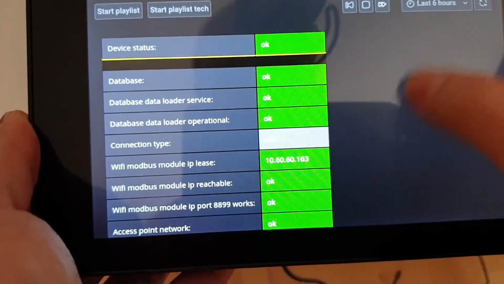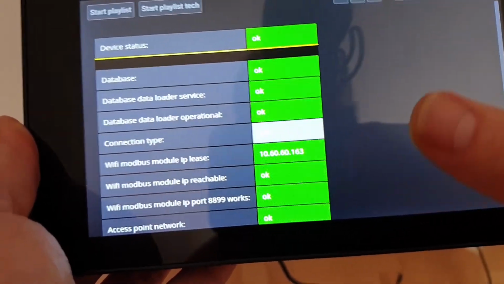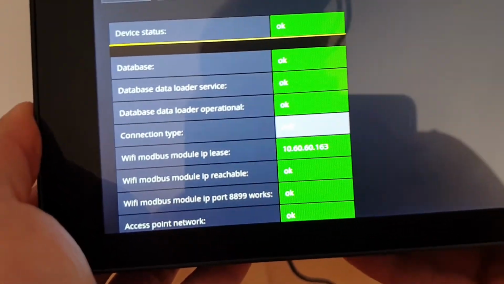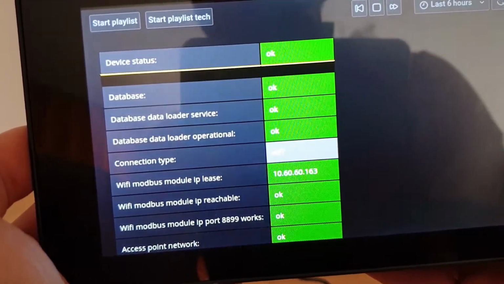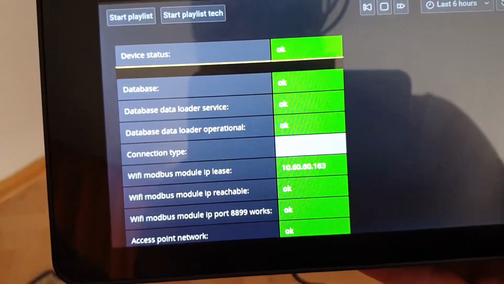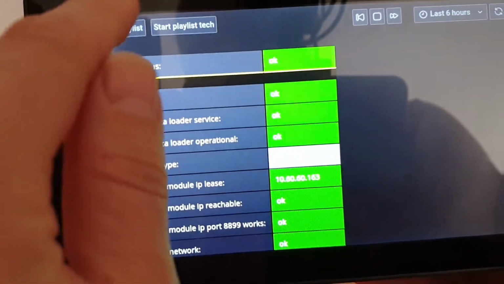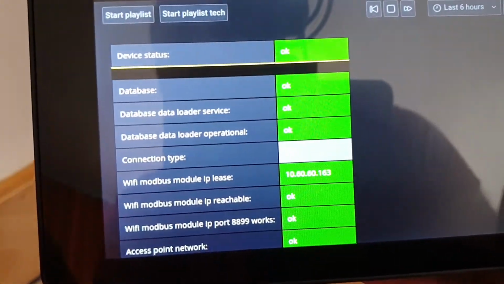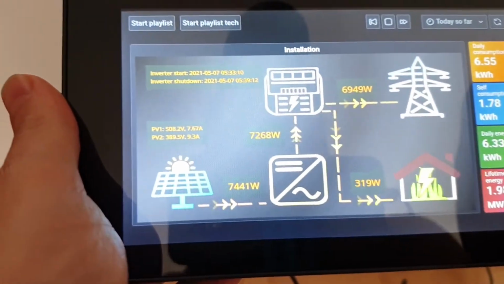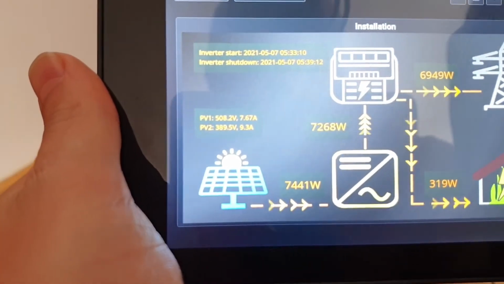As you can see, everything works that time as expected. The most important status is of course the device status. Here, we can also tap on the main playlist here, and I can show you